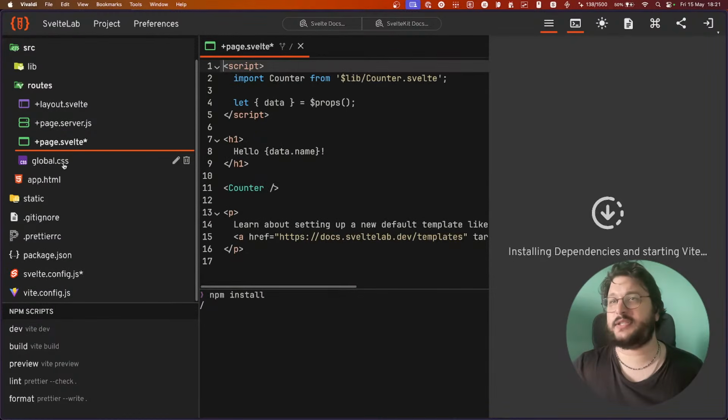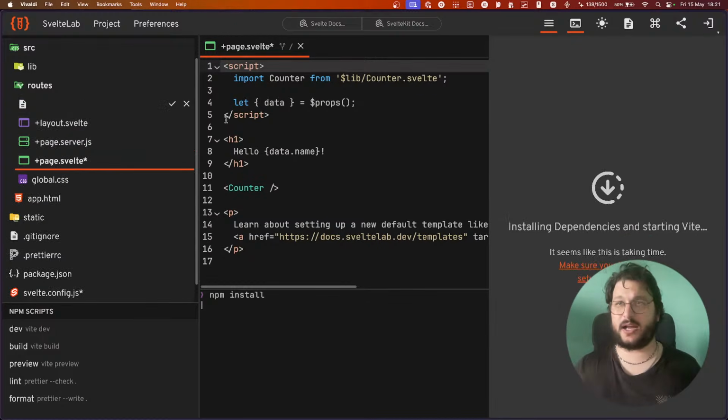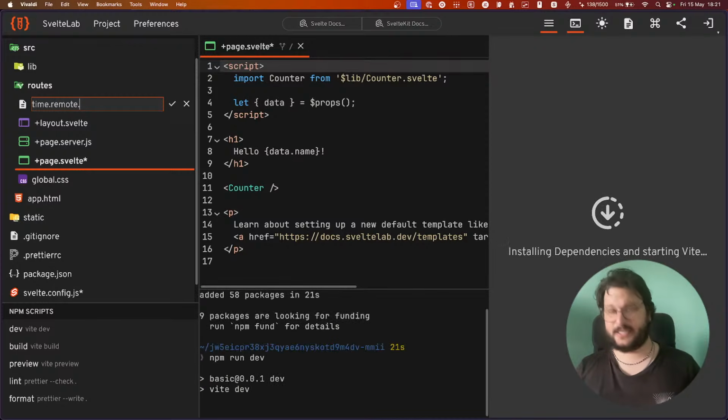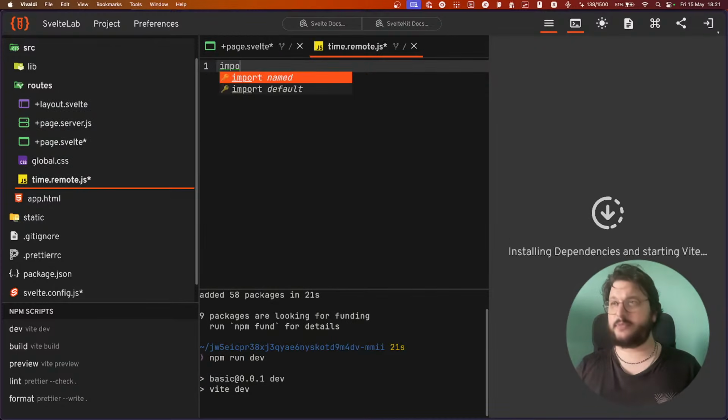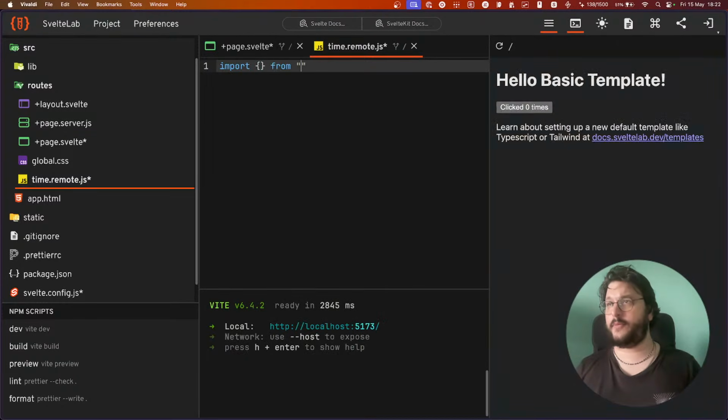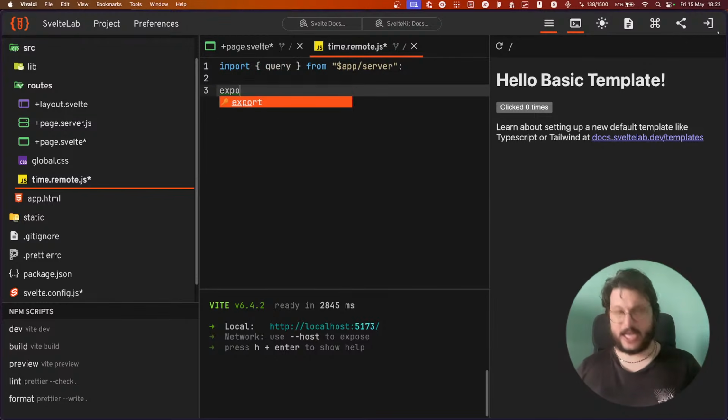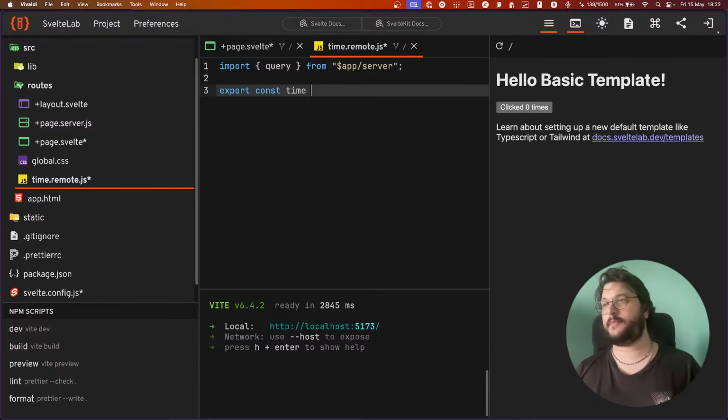Yeah, we have just remote functions enabled. So let me create a new file. Let's say I have time.remote.js. I can import from $app/server. I can import query, and then I can do export const time equals query.live.